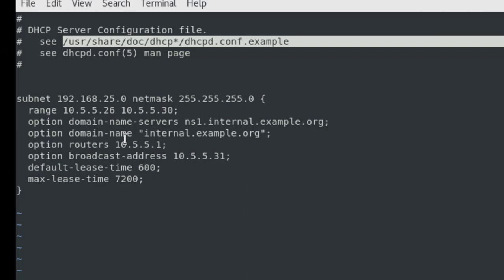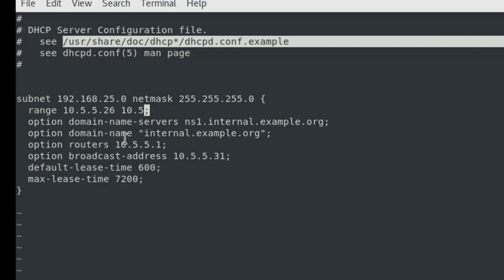Now this range part. In the example at the beginning I told you that if we have 30 or 40 computers, we need our DHCP server to automatically assign 30 or 40 IPs to all those machines. So this is that range, how many IPs this DHCP server is supposed to give.